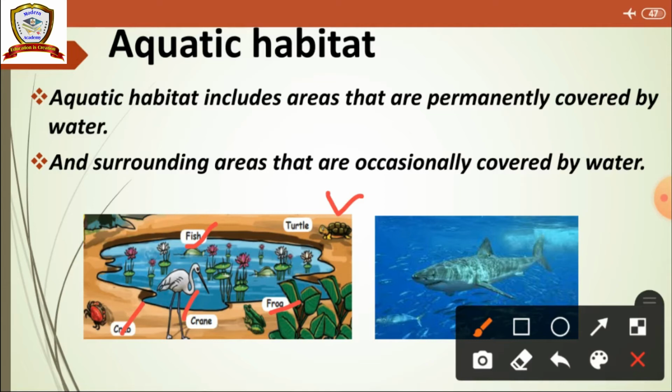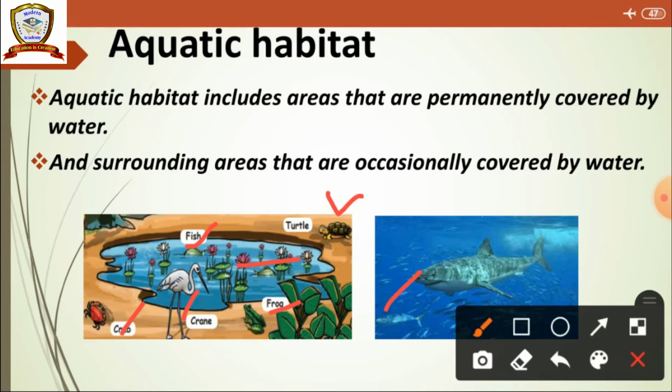We can see lily and lotus flower in the pond. So some plants and animals live in a pond. Compared to that, in the sea you can see some jellyfish, seahorse, and fishes like dolphin, whale, shark.